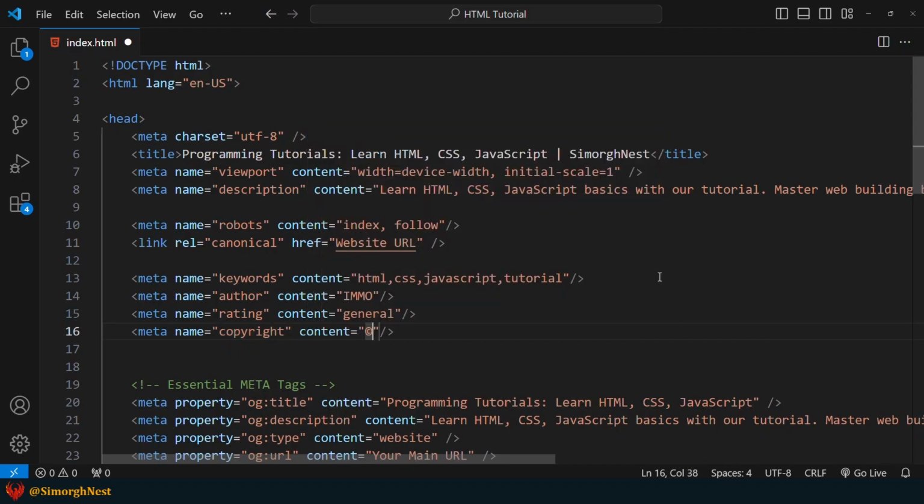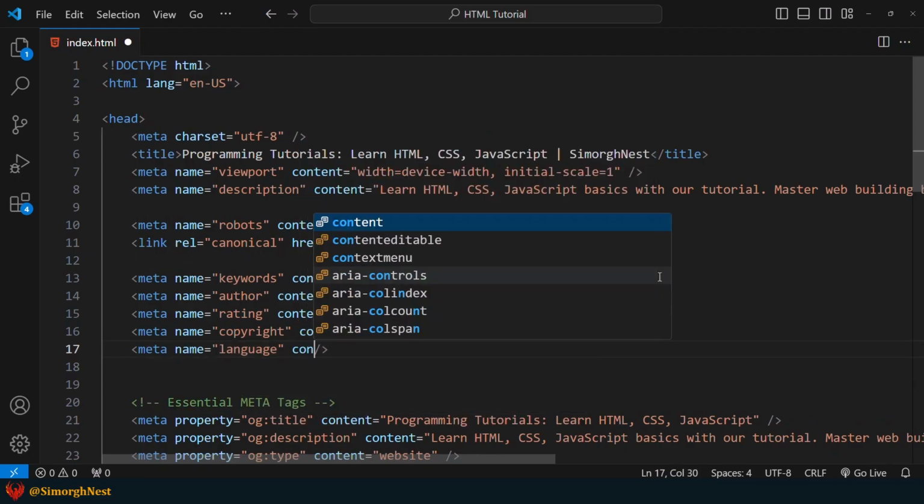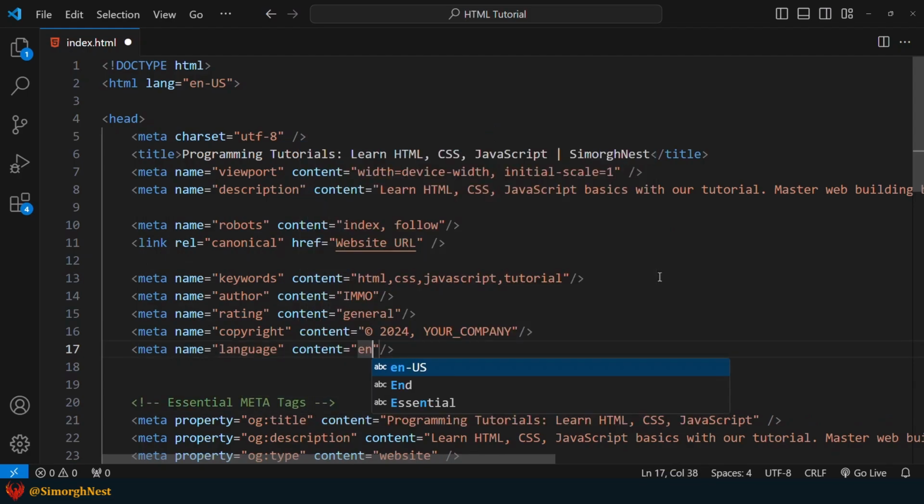And for the content attribute, specify the name of the company that holds the copyright. The language meta tag is used to specify the language of your website. It helps indicate in which language your content is presented.